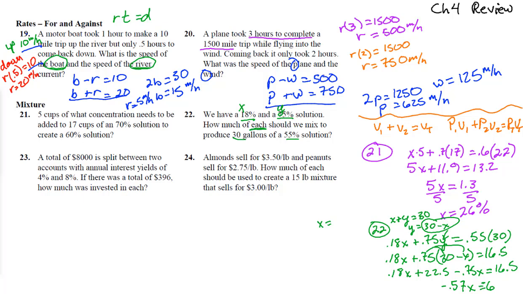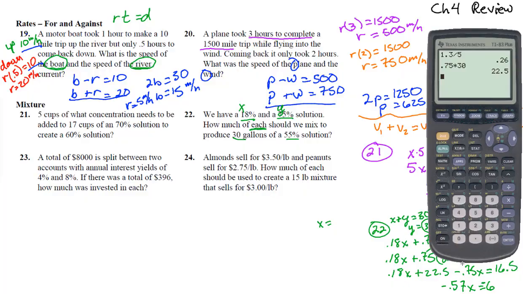Divide by negative 0.57, and we get 6 divided by 0.57, the negatives cancel, and we get a positive number,